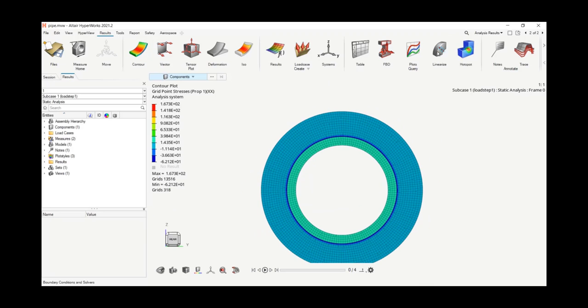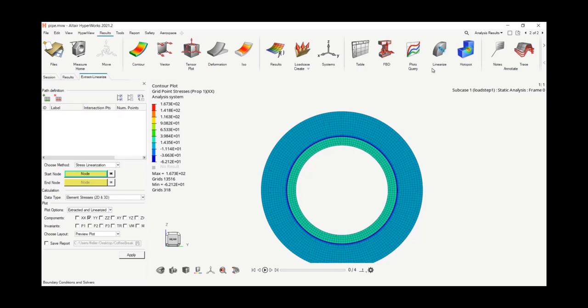The focus of this is on this. It used to be called, I think, extract and linearize. Now we've just changed it to linearize. And we'll start off with just the extraction part of this. So you'll choose what you want to do here. You'll notice the options change depending on which choice. So we will be an extract data, meaning that I am extracting the data that I currently have contoured. If I want to define a new path,